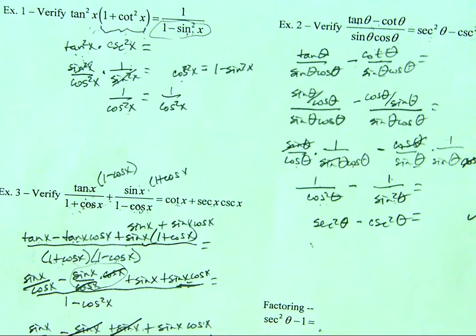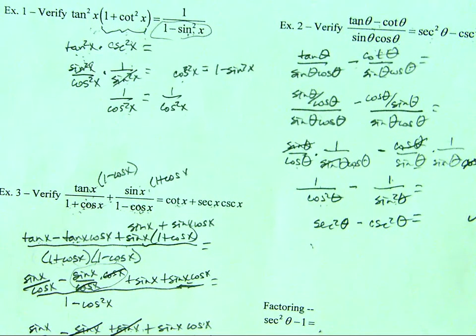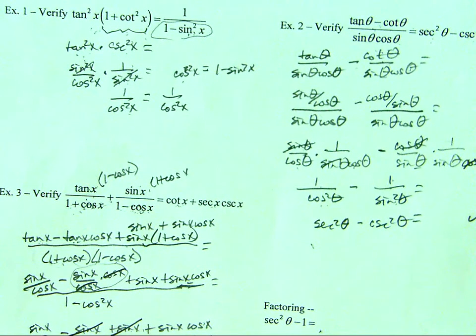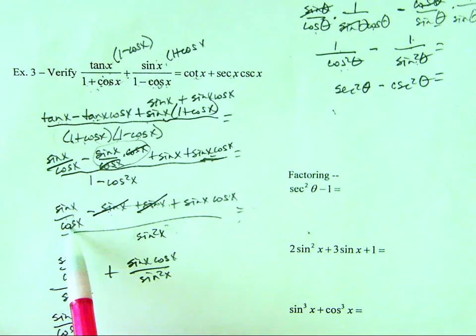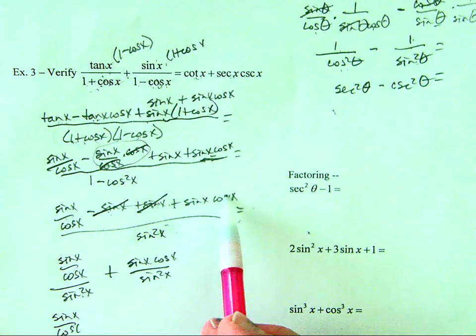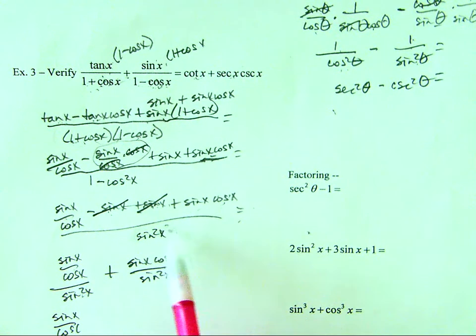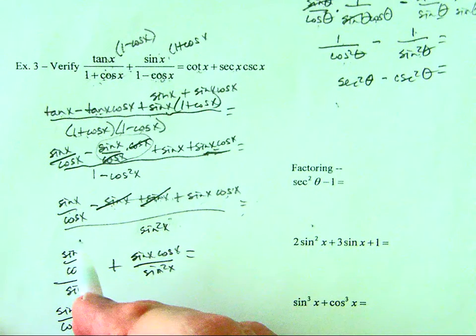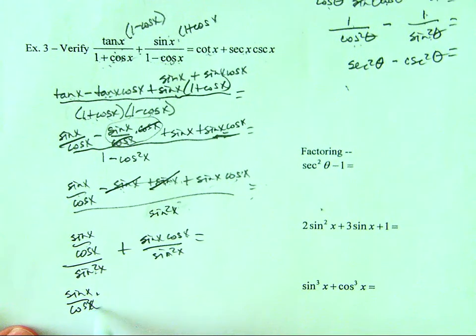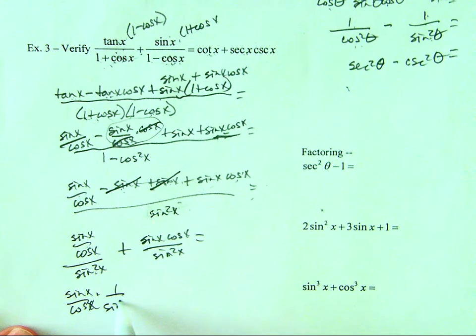So let's see here, if we take the top, up here we had a negative sine x and a positive sine x, so those canceled out. Then I split this into two separate fractions. So I have sine x over cosine x over the denominator sine squared, plus sine x times cosine x over the denominator sine squared. So now here, if I take the top times the reciprocal of the bottom,